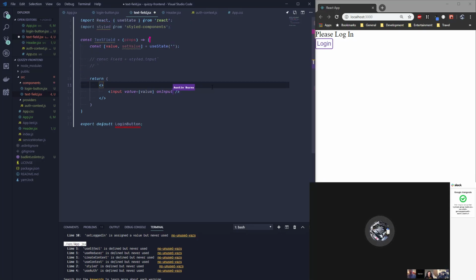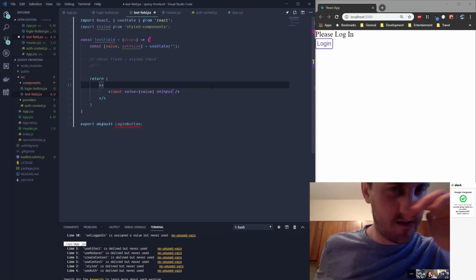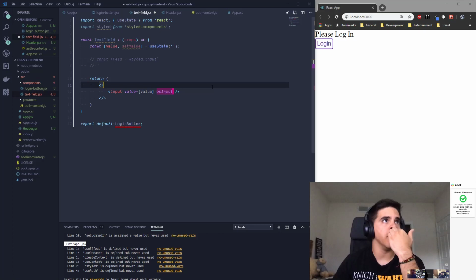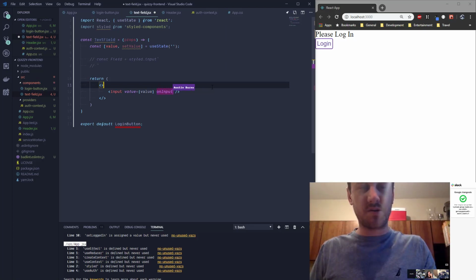That's not gonna work if you're not calling React. I'm sorry? On input, import. On input is not a thing, right? It should be on change. On change. Well, on input, wasn't it, but isn't there